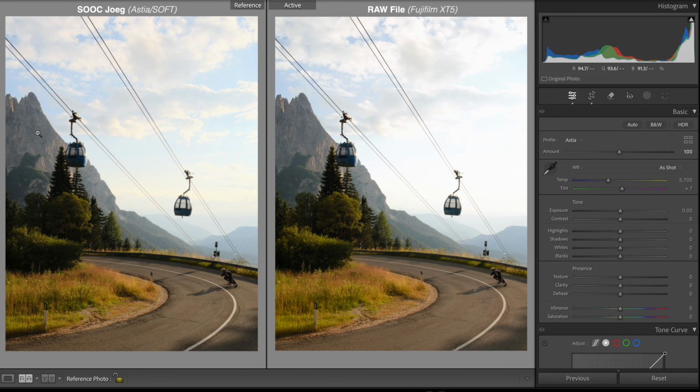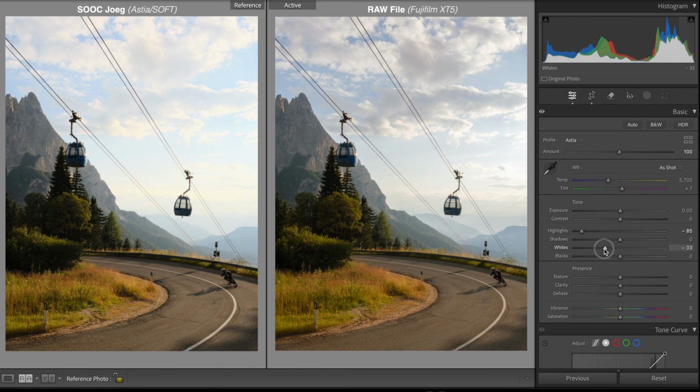Alright guys, so in the straight out of camera JPEG, you can actually see you've got more detail in these highlights compared to the raw file. So we need to bring our highlight slider down quite a bit to recover this detail. You also notice in the JPEG file that these clouds aren't hitting a pure white, they're a more muted gray, so I'm just going to bring my white point down a little bit as well. And then this is actually quite a faded look with a little bit more detail in the shadows, so I'm just going to lift up my shadows ever so slightly,